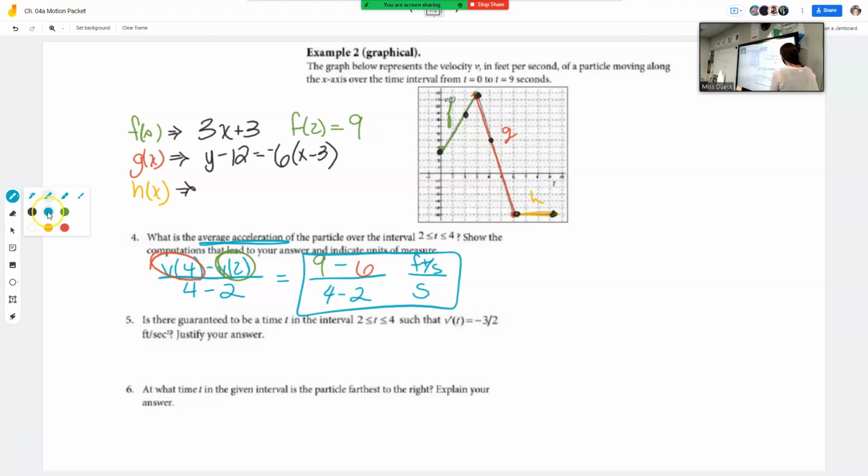Is there guaranteed? You guys should be thinking of a theorem. A time between 2 to 4 such that v prime of t is equal to negative 3 halves. Between 2 to 4. Find your 2, find your 4. P.S. We just talked about those points. I know we're not going to simplify it, but cool kids, what is 9 minus 6? What is 4 minus 2? Didn't we just...